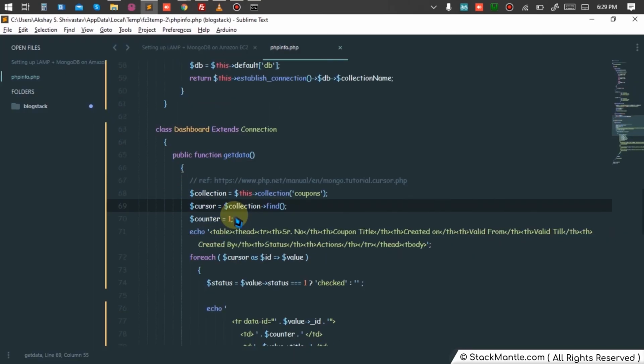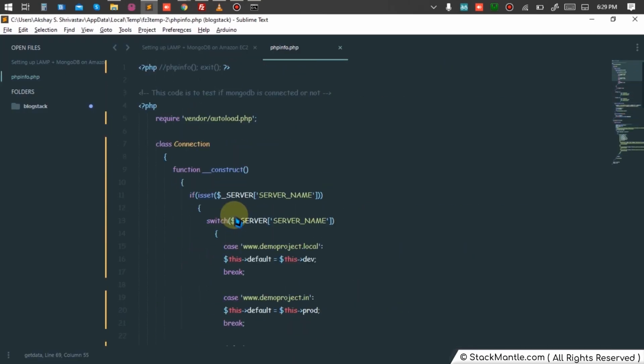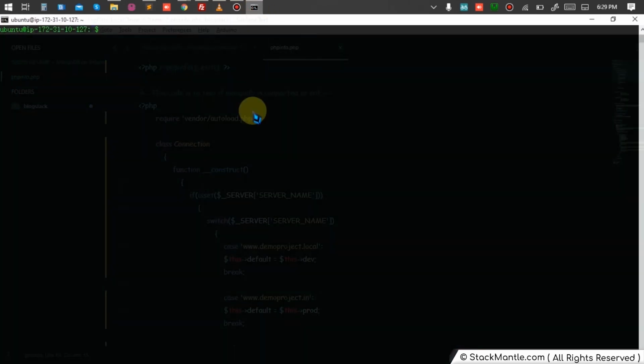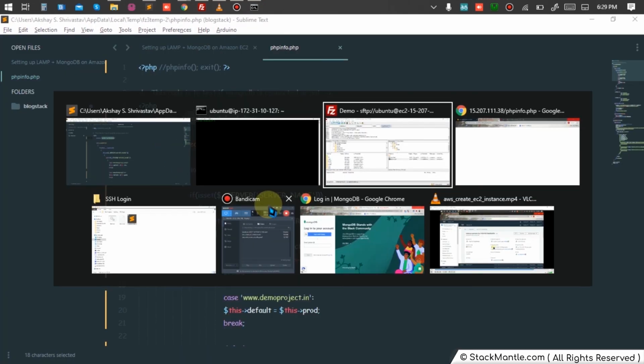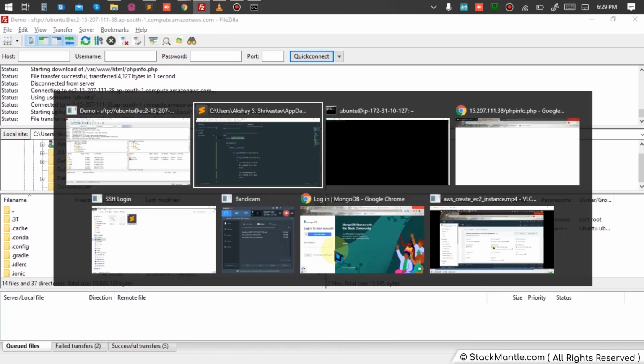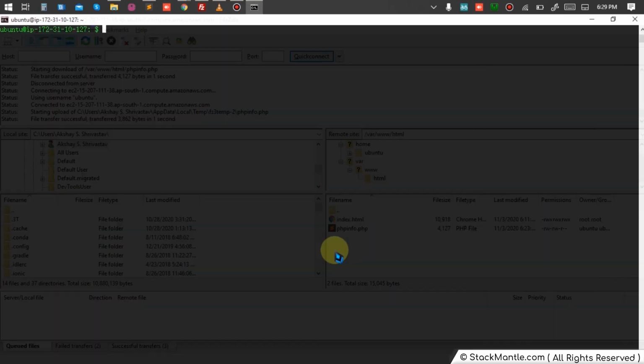It's not running anything. Oh my god, yeah, I remember now. Why is it not running? We installed Composer, but we forgot to install the dependency. If you see, I have required vendor autoload over here, and you can see that there is no vendor folder over here. So what we're gonna do is switch to cd /var/www/html and do a quick list. Okay, so we are in the folder.